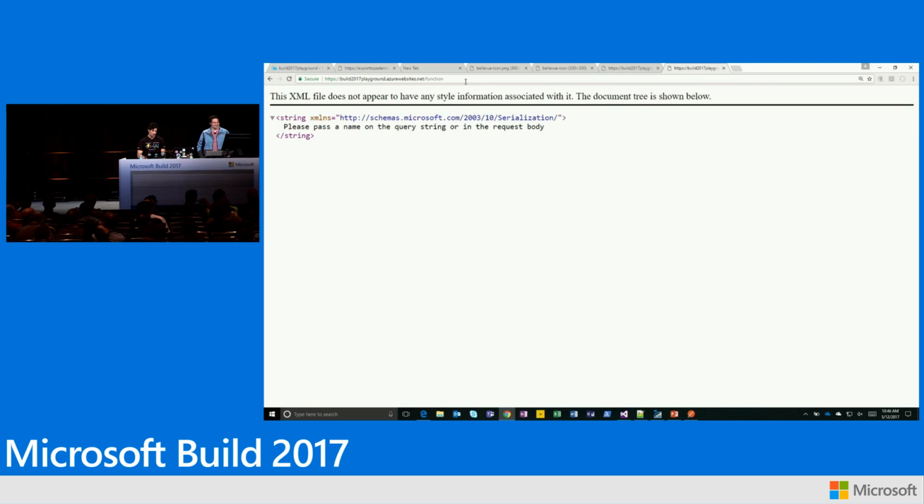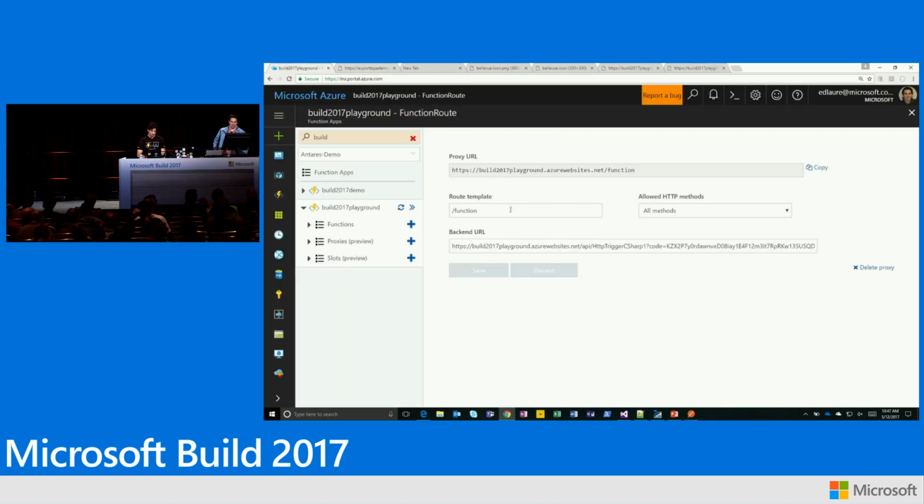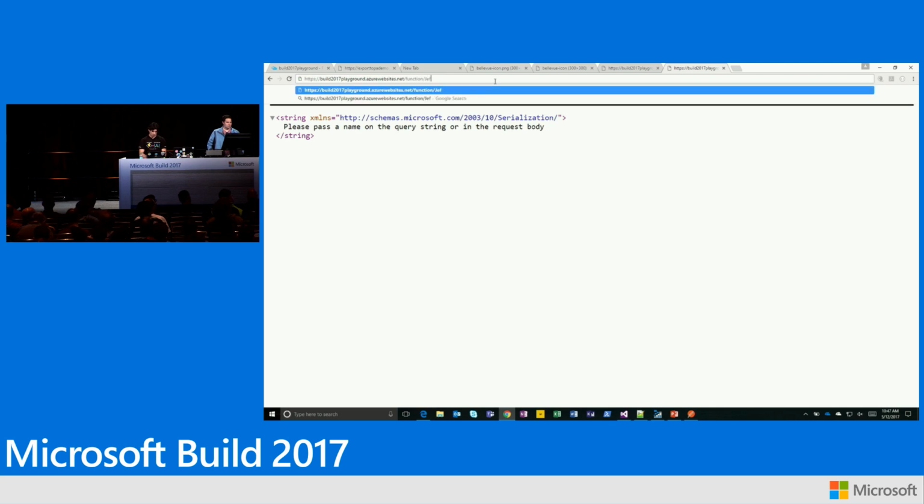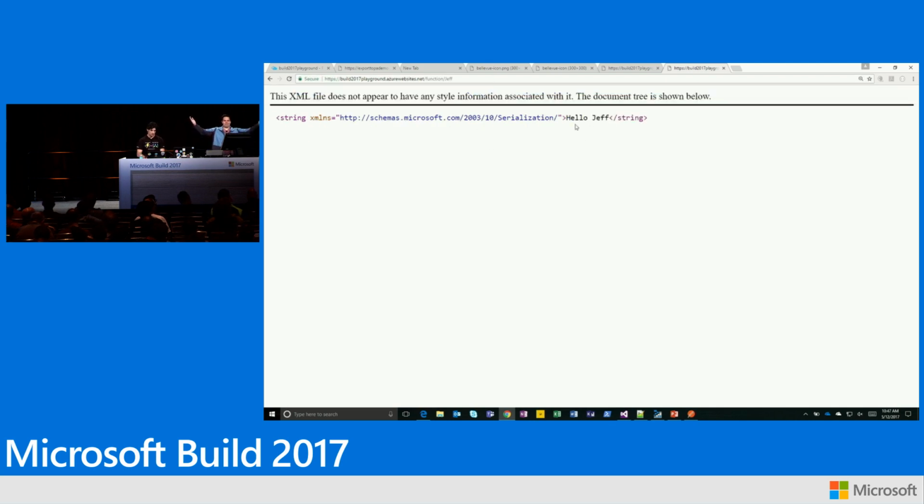So it works the same way. And you could make this fancier. We could get that name, that's a query string, transform that into a URL path as well, and do all that good stuff. So name, and I think this takes a name as a parameter. So you do name equals name. I know I'm trying my luck here, but OK. Copy, you go there. Let's see, Jeff, my favorite guy. OK, hello, Jeff. So it's that easy for you to create a proxy.